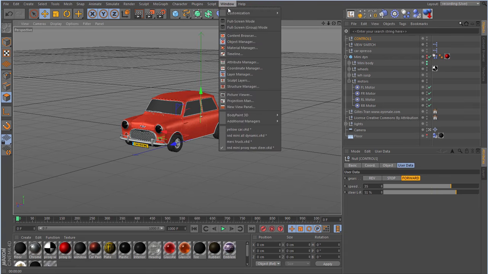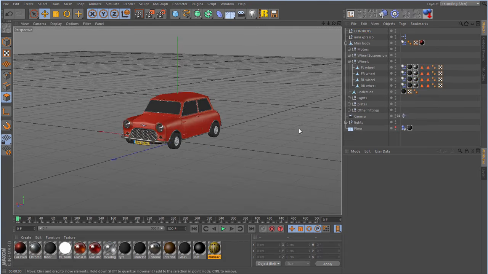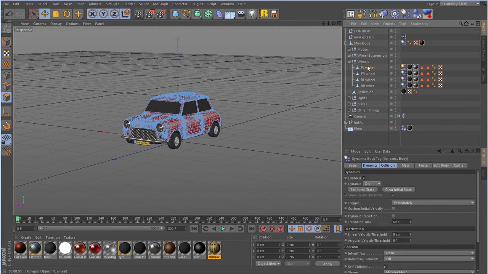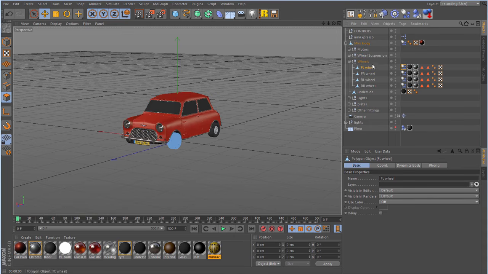Now let me show you what happens if you do this the wrong way around. Okay, well here's the same car, and with this car I've got the same power going to the motors, and everything's identical apart from the fact that I've applied the dynamic tags straight to the polygons of the body, and the dynamic tags have also been applied to the wheels, the high poly wheels.